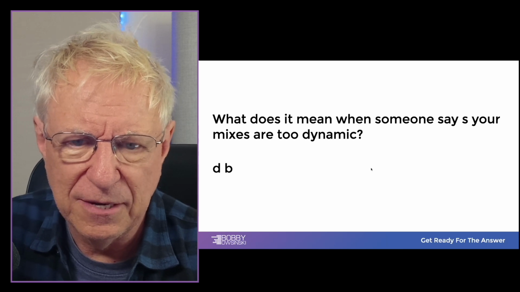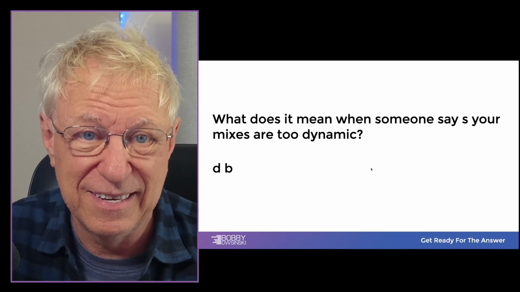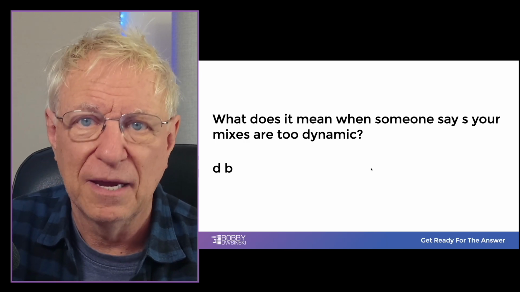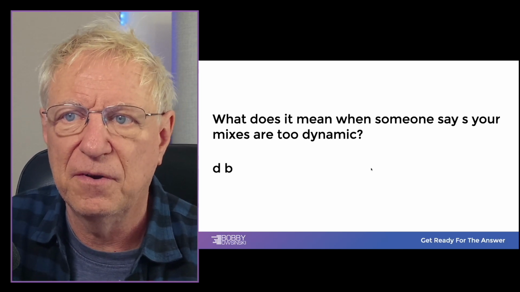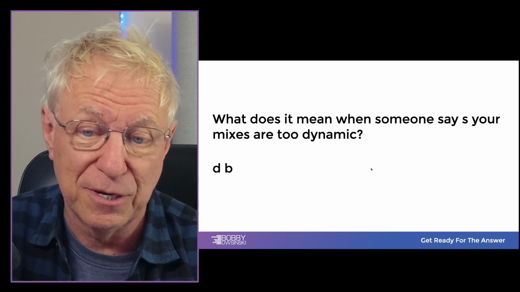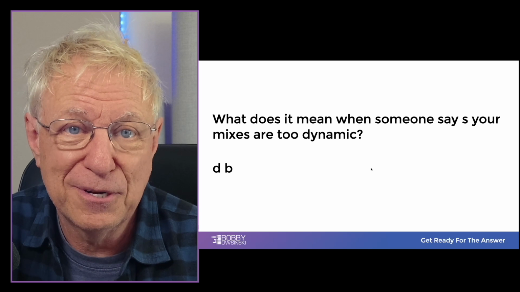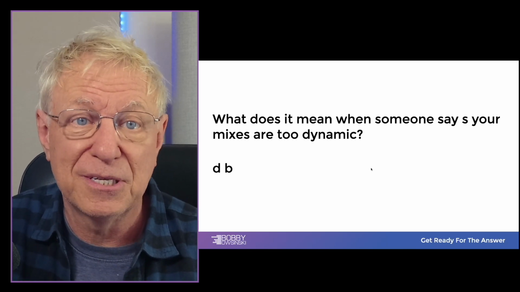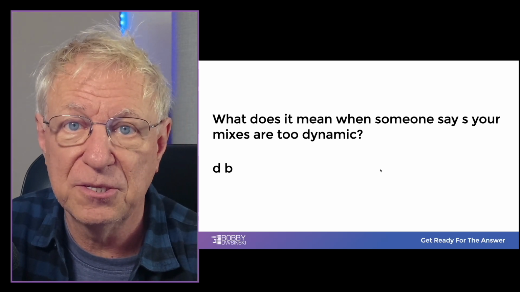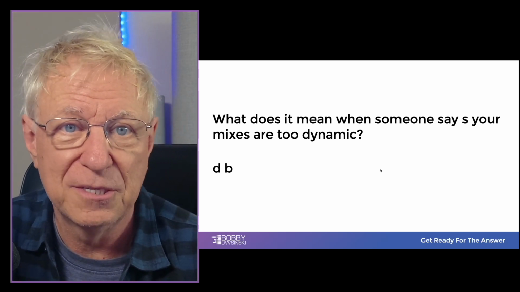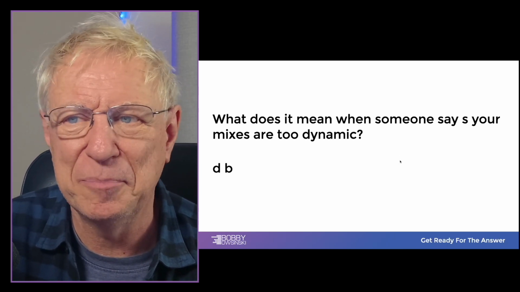When you get beyond that and you start to get into 6 and 3, people tend not to like that and won't listen too long. The exception being there are some types of music where that actually works in your favor, and that would be electronic music, for instance, where there's not a lot of dynamic range to begin with, so this kind of works just fine with it. So there are always exceptions, and that's one that I can think of off the top of my head. So when someone's saying your mixes are too dynamic, it means that you have to compress it more. I hate to say that, I hate to use that phrase sometimes, but that's what has to happen.